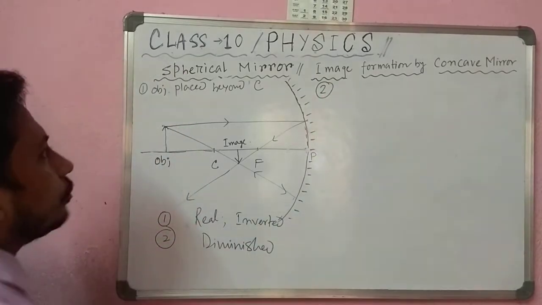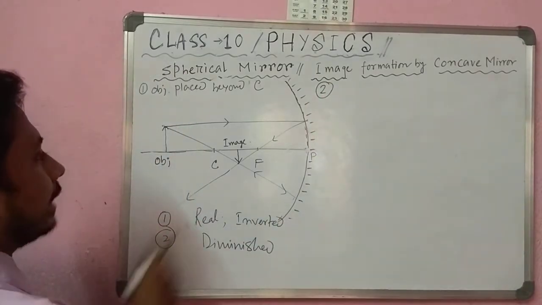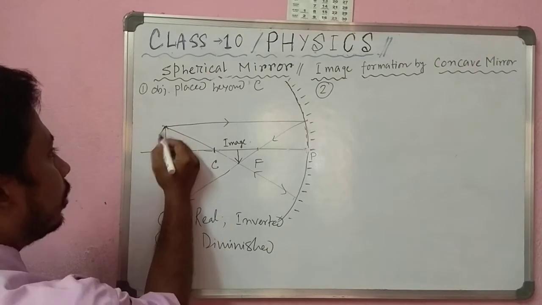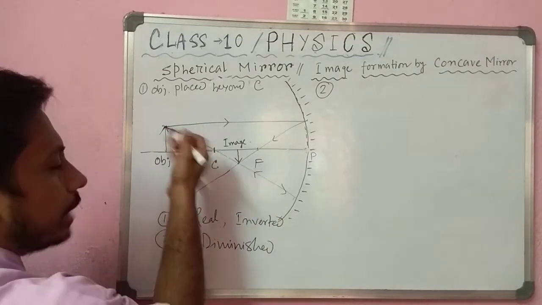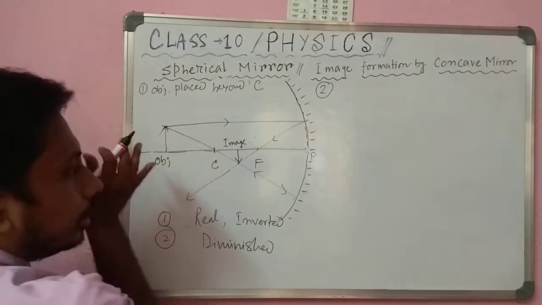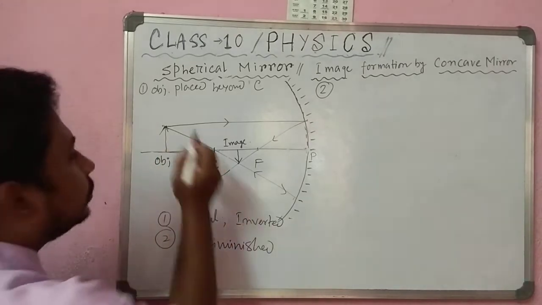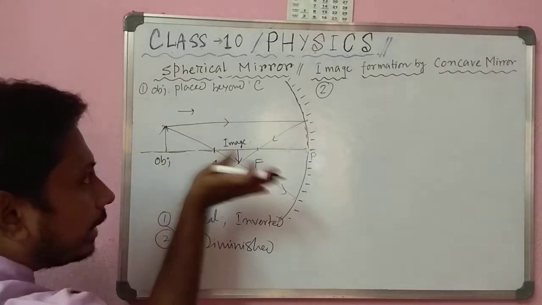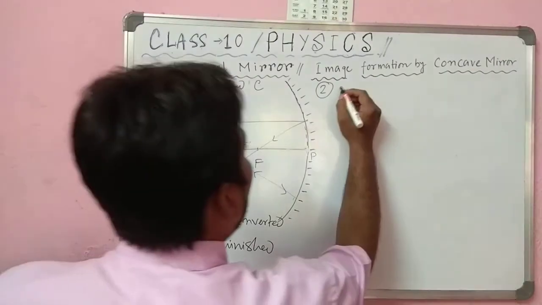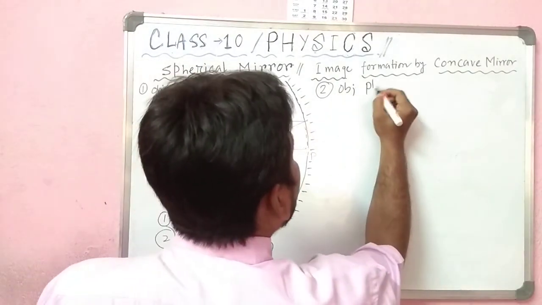There is a space we can draw here. Object placed at the center of curvature. Now, actually, what we want to do is move the object towards the spherical mirror. Now, the object placed